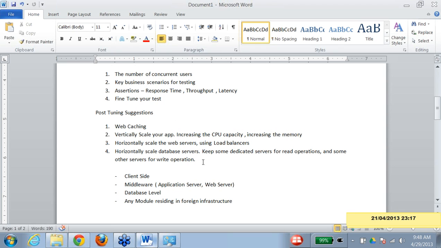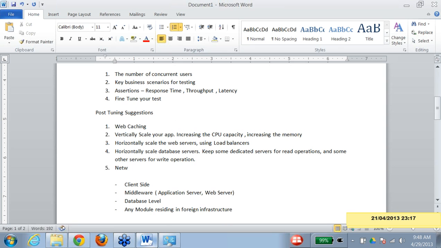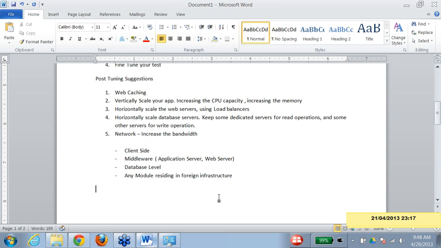Apart from these things, there could be some other bottlenecks also. There could be some network issues as well. For network issues, you can suggest to increase the bandwidth of the network. Also, a very important thing when you are doing performance testing is that you have to ensure the system on which you are testing is a high capacity system. That means it should have a powerful CPU, a good amount of memory and a good hard disk,